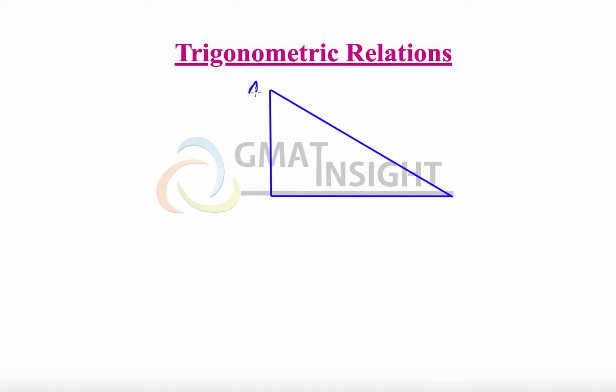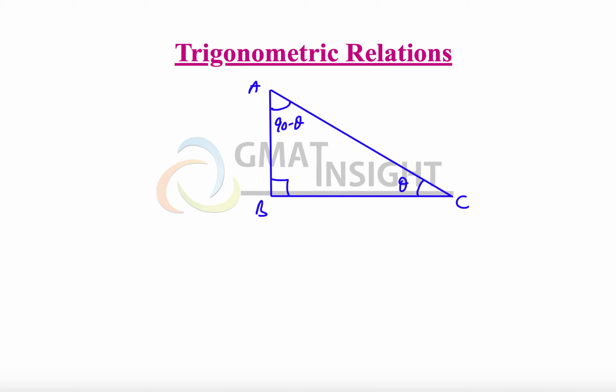So let's say that we have this triangle ABC in which we are calling angle C to be theta at first, angle B is 90 degrees. That means angle A becomes 90 minus theta, because the sum of the angles in a triangle is equal to 180 degrees and angle B itself is 90 degrees. So the sum of the remaining two angles A and C should be 90 degrees, and if one of them is theta, then this one becomes 90 minus theta.